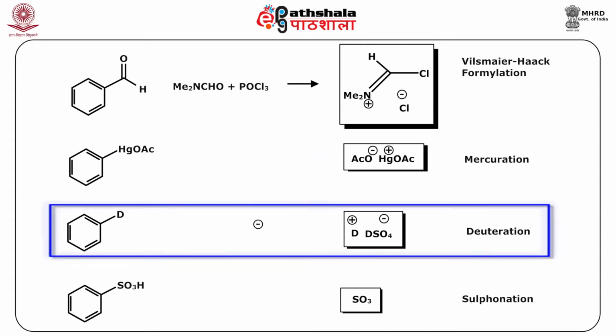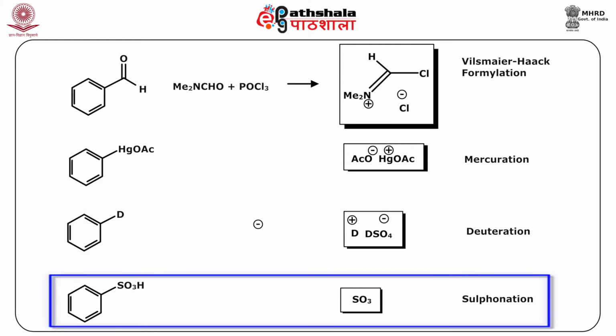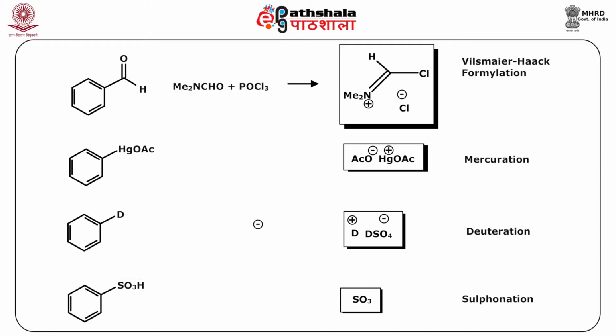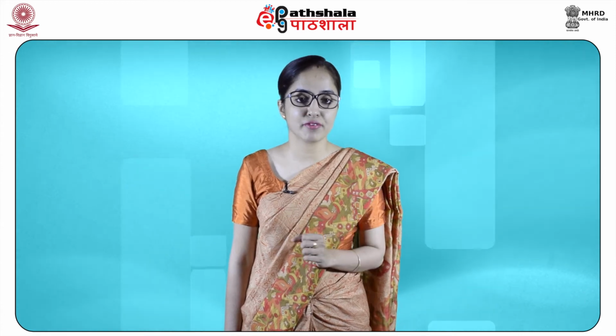In deuteration, instead of H+, the D+ basically attacks the benzene ring, and you can see how the D+ is generated and the DSO4- is the corresponding anion. In this sulfonation, students, SO3 is basically the electrophile which attacks the aromatic system and gives rise to the electrophilic aromatic substituted product. Now students, after having studied the generation of electrophiles and the mechanism and the Arenium ion formation,